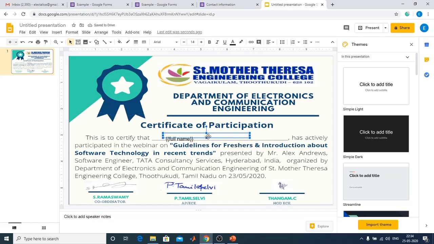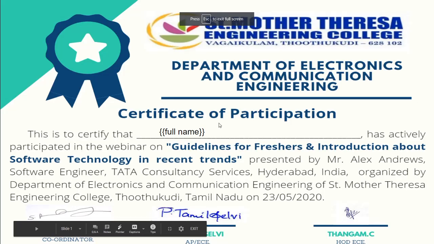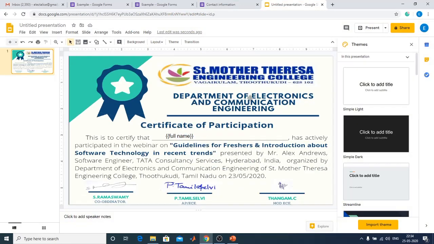Make sure that it is fitting correctly in your certificate like this, and make sure you are saving it and presenting it. This is how the certificate will look in our Google presentation.